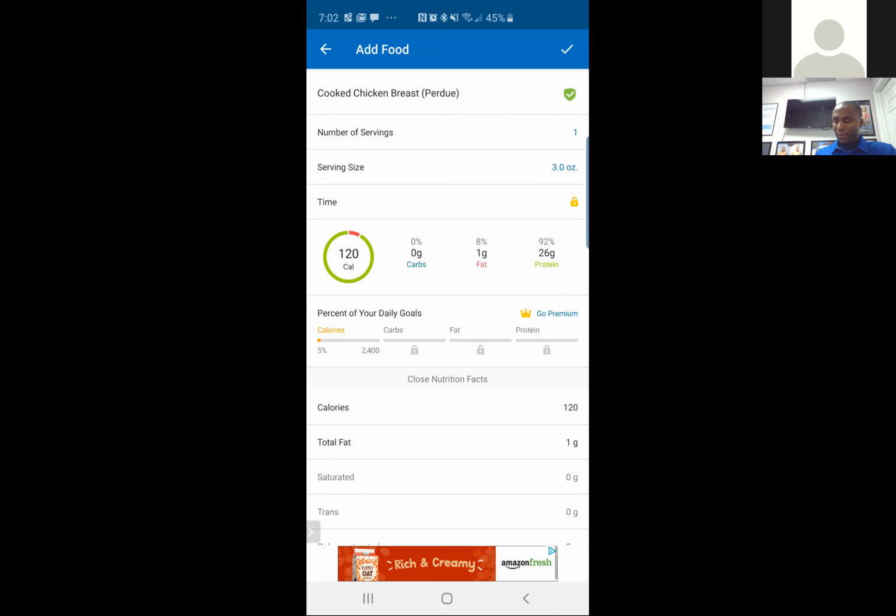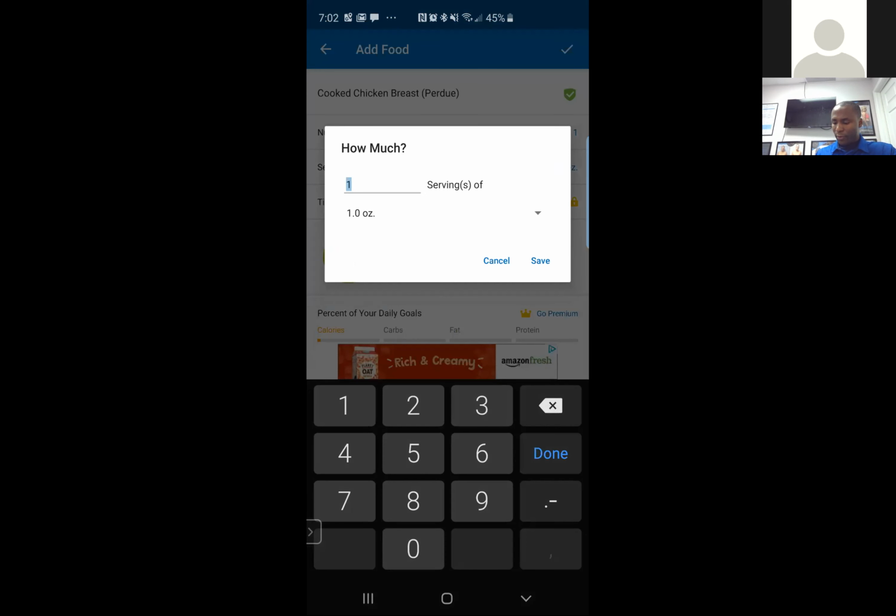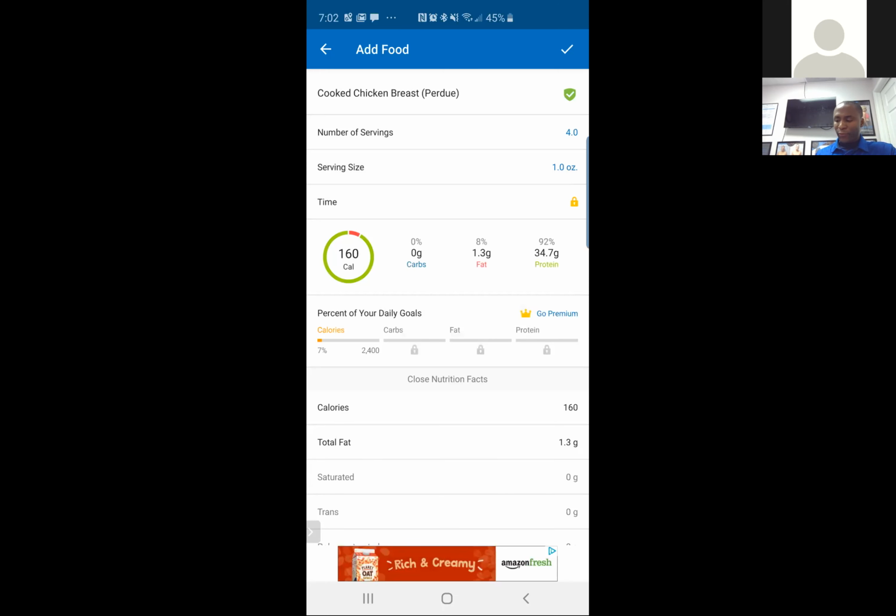So this is 3 ounces here, and we convert this to ounces, and it's 34. So raw, it looks like 1 ounce is about 6 grams of protein, but cooked, 1 ounce is closer to 7 or 8 grams of protein. So if I'm measuring it on my scale to eat cooked, I want to make sure I'm searching for it